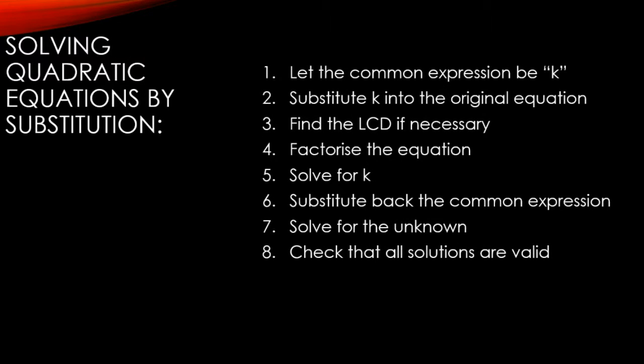Next, we look at solving quadratic equations by substitution. First step is to let the common expression be equal to k, or any variable that is not the unknown that you are solving for. Next, you substitute the variable into the original equation. Find the LCD, lowest common denominator, if you have a fraction, and then factorize the equation and solve for k